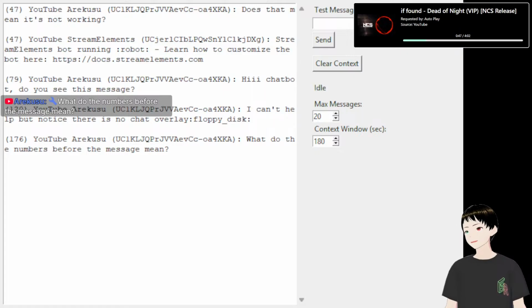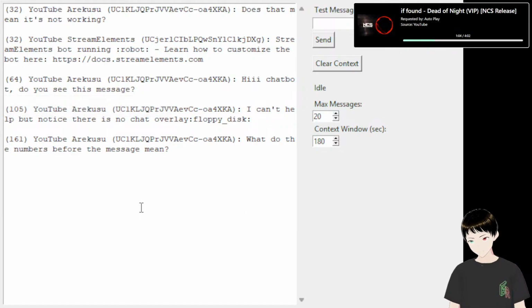What do the numbers mean? That's how much time before the message expires. So yeah, it's only gonna last for a certain amount of time, but then it will delete itself. I gotta add an audio source for this, so let's go ahead and do that.